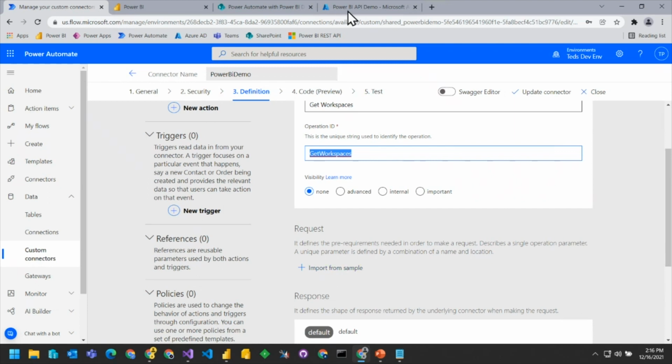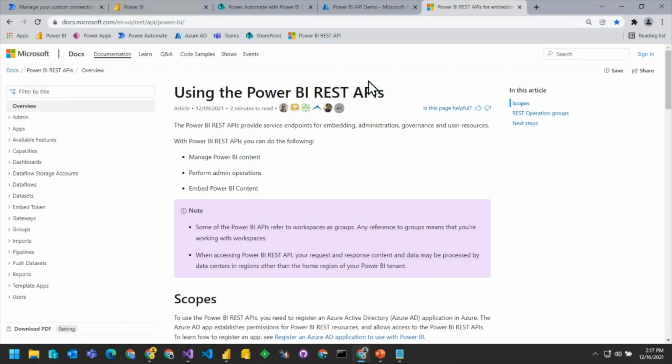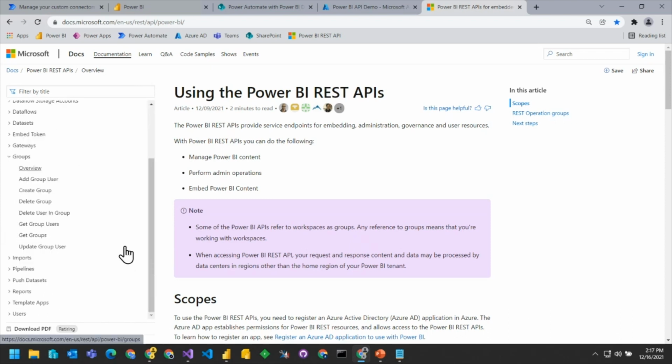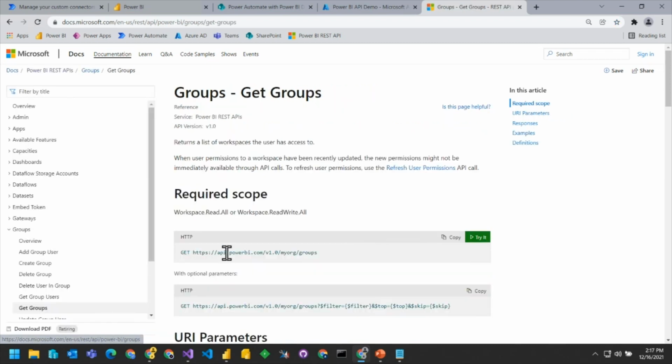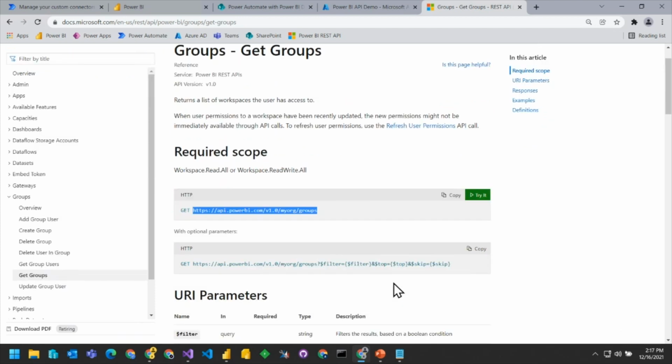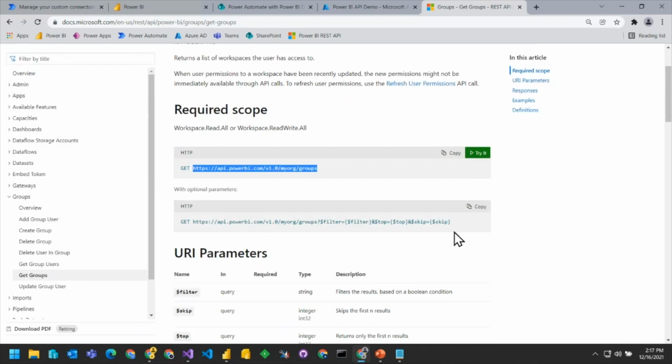Okay, now, once we do this, we have to kind of create the request. And so the next thing that I want to do is let's go to the documentation for the Power BI REST API. I couldn't see going through and doing what we're about to do without this documentation. So we're going to look at exactly one of these calls called get groups, and it runs as a user. And so what I'm going to do is I'm going to take this URL here, or better yet, this one has query string parameters. We're going to go ahead and copy that.